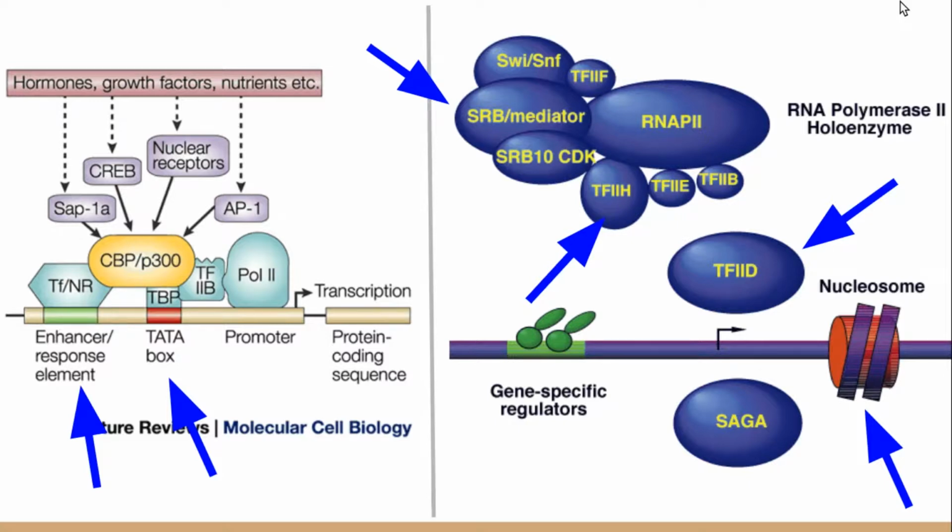And this is the process of promoter escape. It's a complex mechanism, but to summarize what happens, a newly transcribed nascent RNA strand of only 14 or 15 base pairs actually protrudes out of the RNA polymerase. And this emerging RNA transcript alters the conformation of RNA polymerase 2 in such a way as to free it from